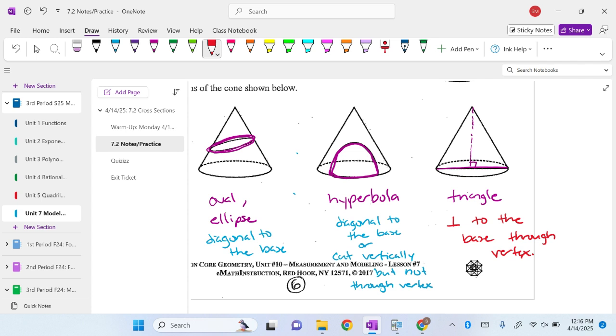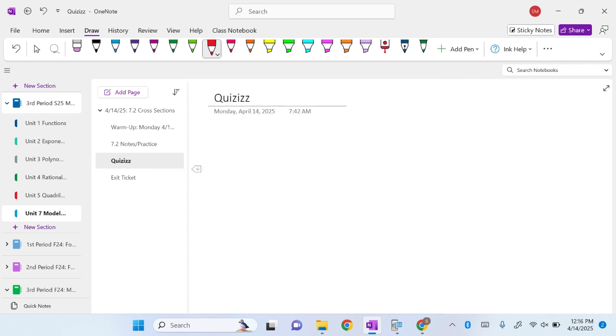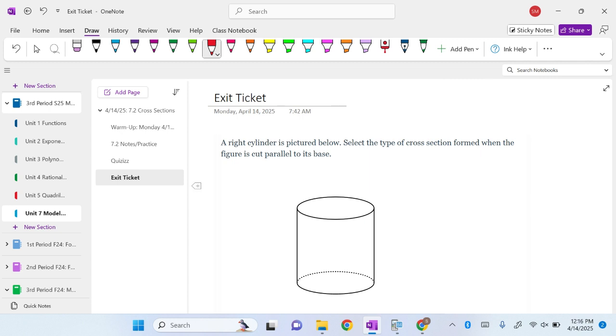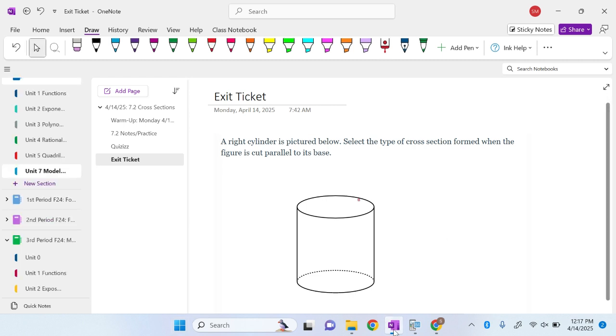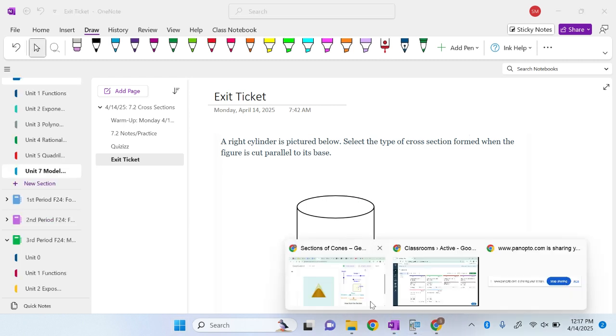All right. So hopefully that should help finish up that Delta Math. That was really short. That was just with straight up identifying. There's also a quizzes for you guys on this. It should already be posted. And I'll go ahead and put the exit ticket up if you want to take care of that too. So there's a Delta Math. It was only 10 questions. It's basically on identifying cross sections. And then the quizzes